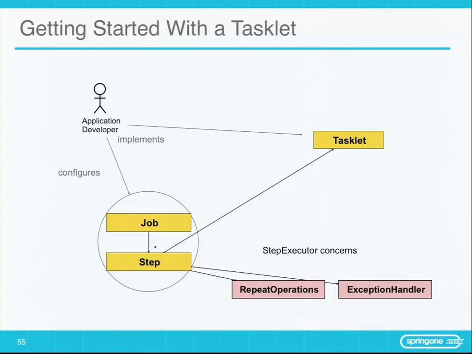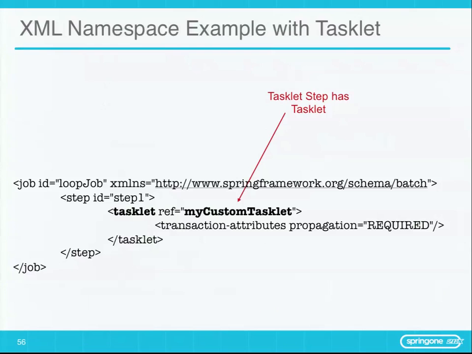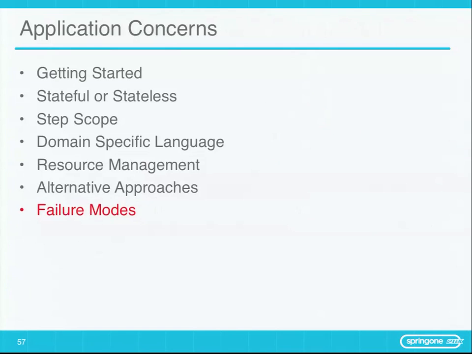So yeah, job steps, and then tasklets, and then chunks is what I'm saying. You don't want to worry about chunks. You just want to be able to say, I want to do everything myself. Then go ahead and plug in a tasklet. It works just like you saw before, right? Except now instead of having steps with chunks, you have just a tasklet. There you go. I mean, it's an integration point. It's the lowest point you can still play without actually having to write part of the framework. And you can specify transactional attributes and so on.